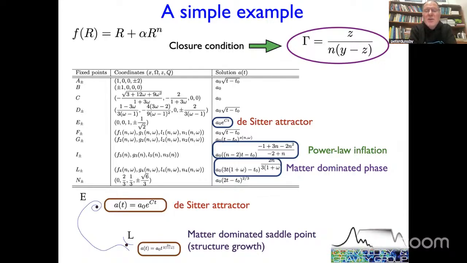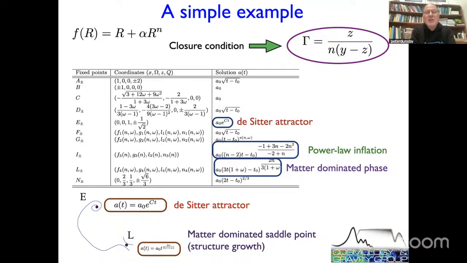One corresponding to the standard matter-dominated phase, which is a saddle point, just like it is in GR. You get a late time attractor, which is the de Sitter solution. But you also get an early time repeller, or early time attractor, which corresponds to